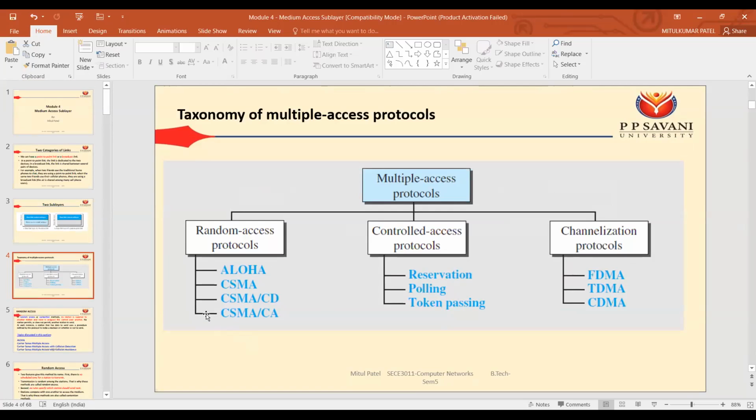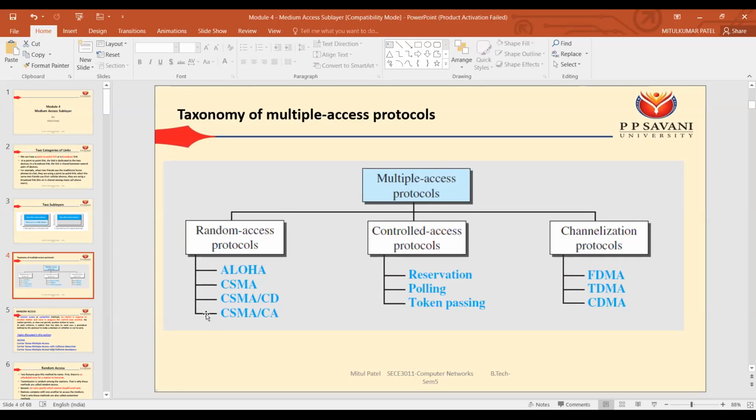The general criteria is using the random access protocol, in which CSMA/CA followed by CSMA/CD. But different types of LAN configurations are also possible, in which we can either use token passing or CDMA. Depending on the application and the network, we can have different types of multiple access protocols. This is all about module number 4.